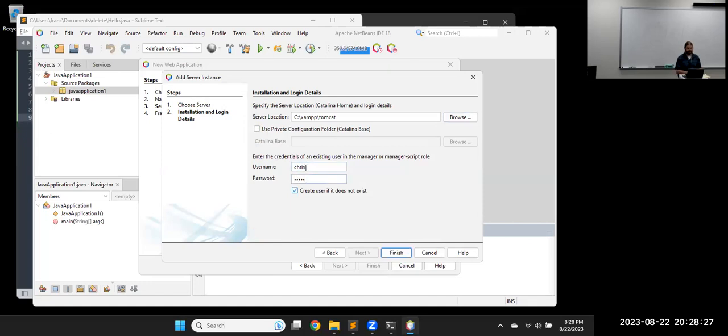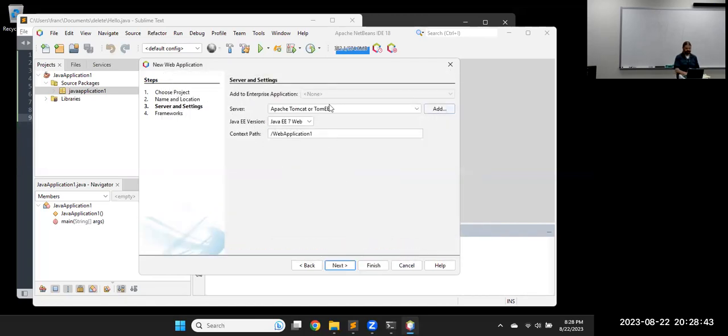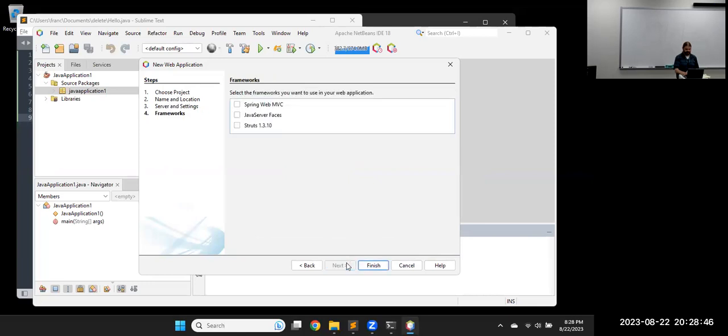I'm just going to put a username and password. This is the NetBeans username and password in order to access that. So it will set up the user account and everything, with the checkbox, create user if not exist. So finish that. So now it knows where the server is. Next, we'll be using Spring Boot, the Spring framework, later, but for now the core Java language has JSP pages in it. So there's a better way to start the framework stuff. So just don't skip checking any of those and finish it that